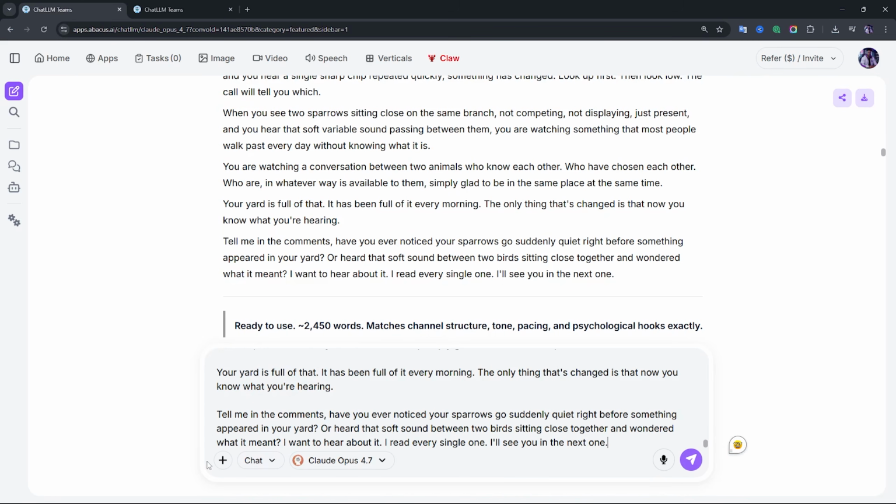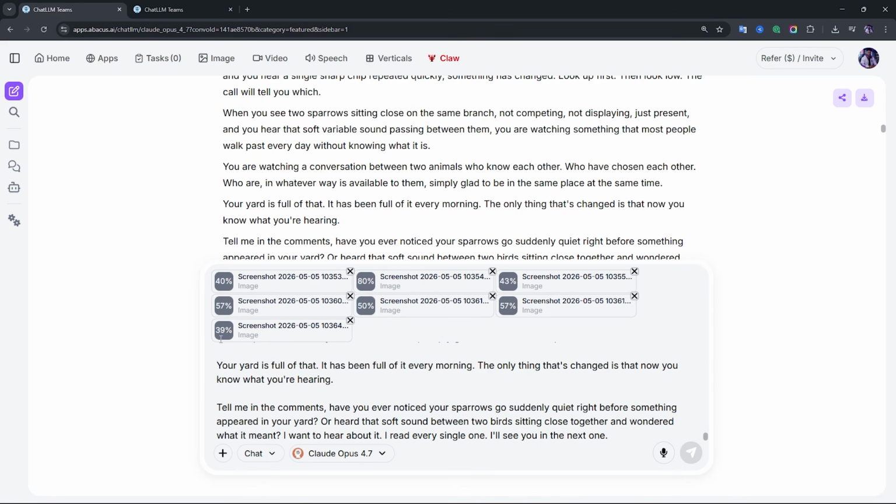Don't forget to attach the screenshots that you took from the channel. When you see a percentage here, it means it's still uploading, so wait for the images to finish. Once the images have been added, you'll usually either see the thumbnail placeholder image or a preview of the image itself being shown here. You can then go ahead and submit.